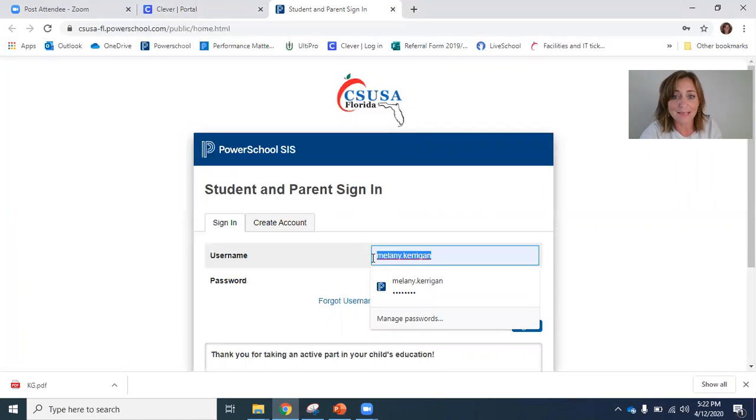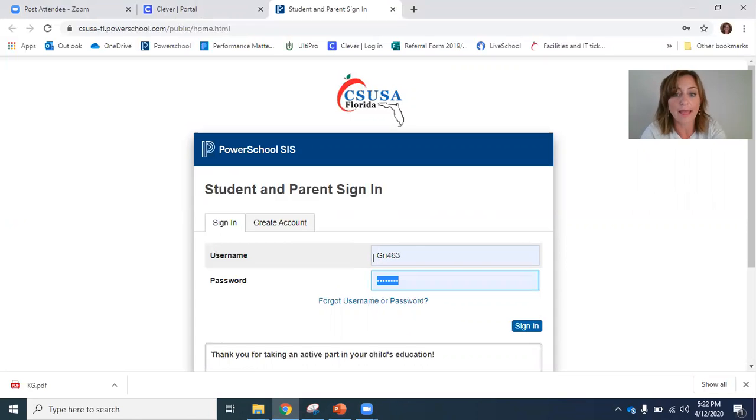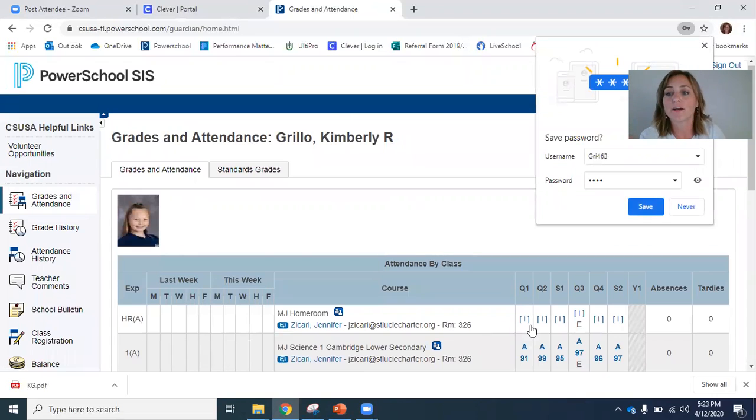And yes, it is a different login than your Clever. And if you don't have your PowerSchool login, then please email me, call me, text me. My phone number is on my website on stluciecharter.org. Let me know, and I will send you your PowerSchool login. So I'm going to go ahead and log in for the first time as this student, and here you're going to see